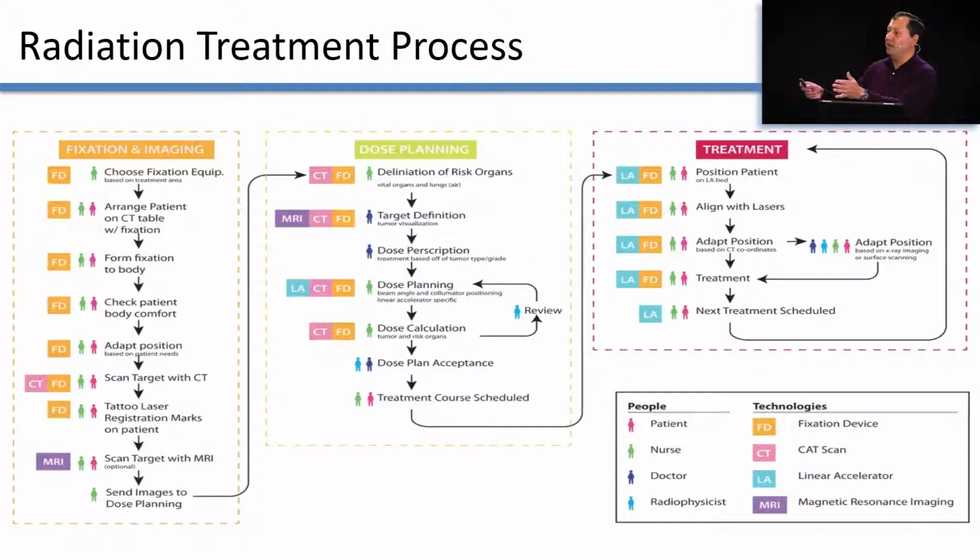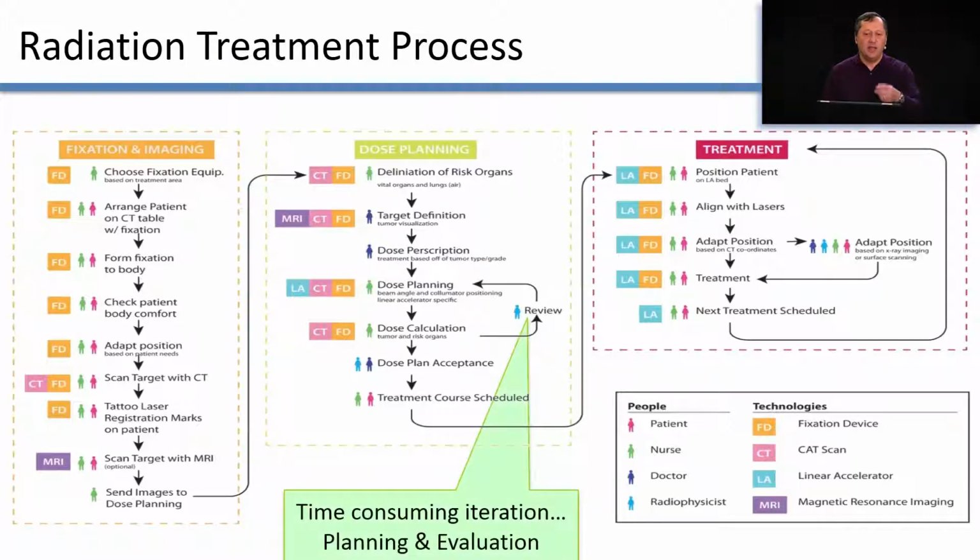The middle part involves doctors, oncologists, as well as physicists, people who actually understand physics, because they are using essentially a particle accelerator to put the energy where they want. So you have people with a PhD in physics who are actually doing the treatment. So that translates to expensive. This is expensive time.